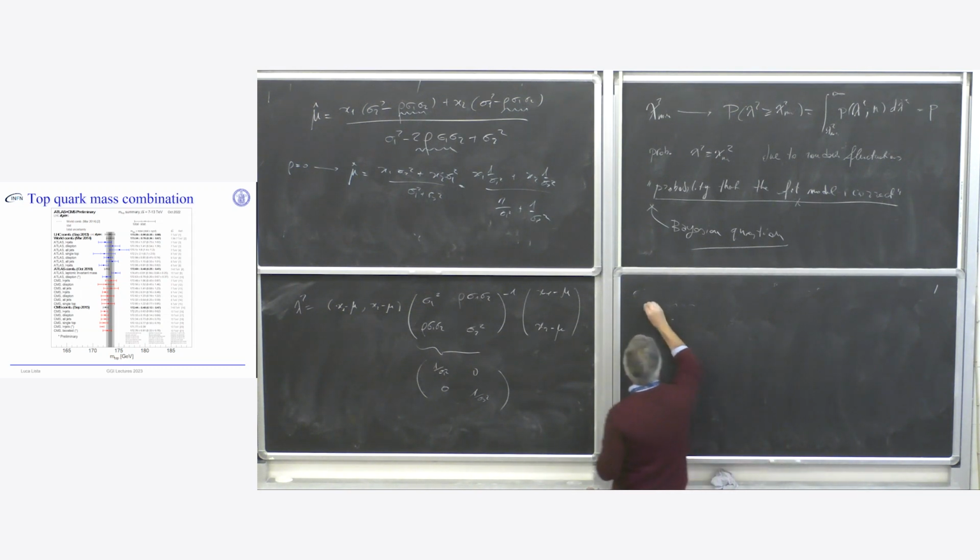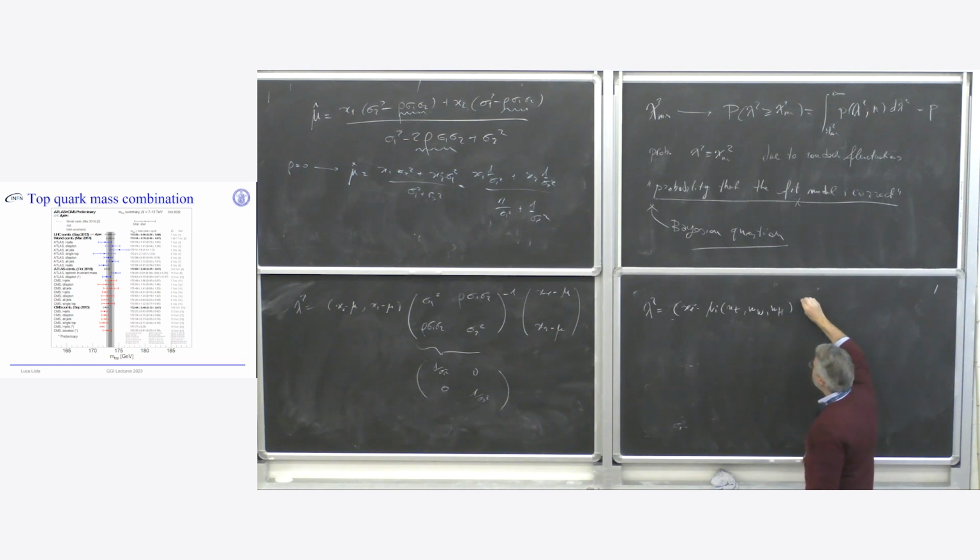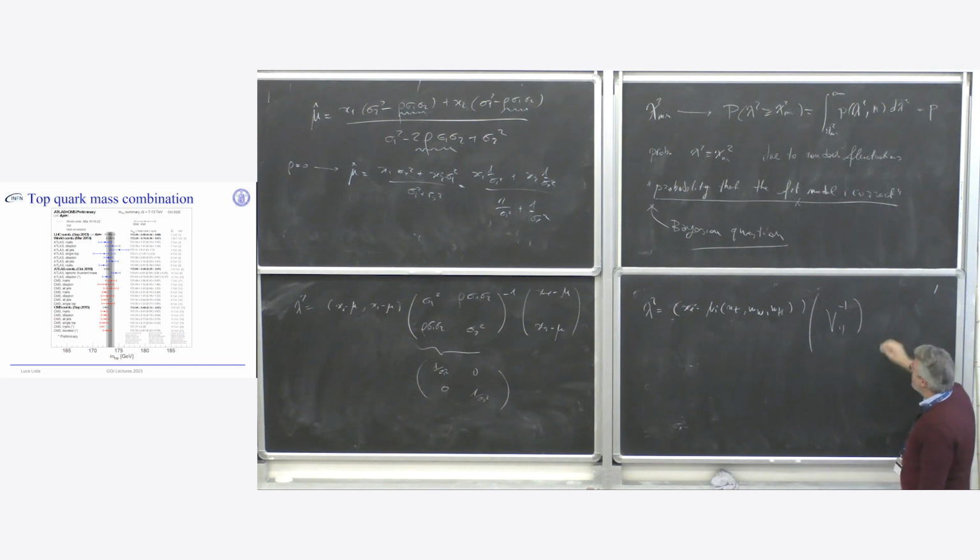You may have a chi-square, which is a big matrix, with measurement x_i minus mu_i, and this mu_i may depend on the top quark mass, W mass, Higgs boson mass, and so on. You have here the covariance matrix inverted, and here again you have x_j minus mu_j, which depends on the same parameters. This may be a big chi-square with a big correlation matrix that takes an important effort to compute, but what you get at the end are very interesting results,